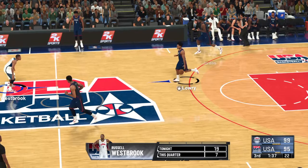Final quarter here, and we're just over a minute and a half through it. Fires from 18. They get it back, and Green is right there. Green's got the lead up to 9 now for USA. Just in a perfect position to grab that rebound and then get the putback. Westbrook, no good. And now USA on the break. Green leading the charge. And the jump shot has been a dimension of this game where they've had a clear